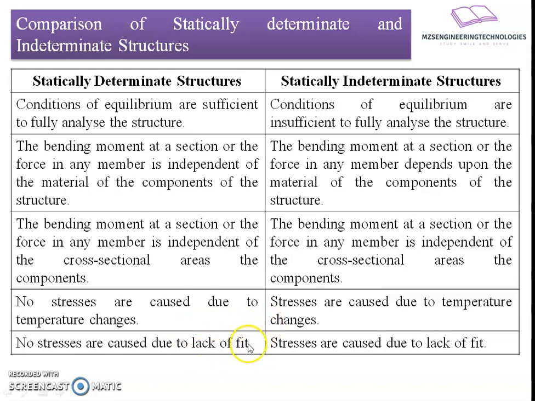So the structure is flexible enough. If it is too short, it will deform and adjust. If it is too long, it will elongate and adjust. But this will not happen in the case of a statically indeterminate structure, because in a statically indeterminate structure,